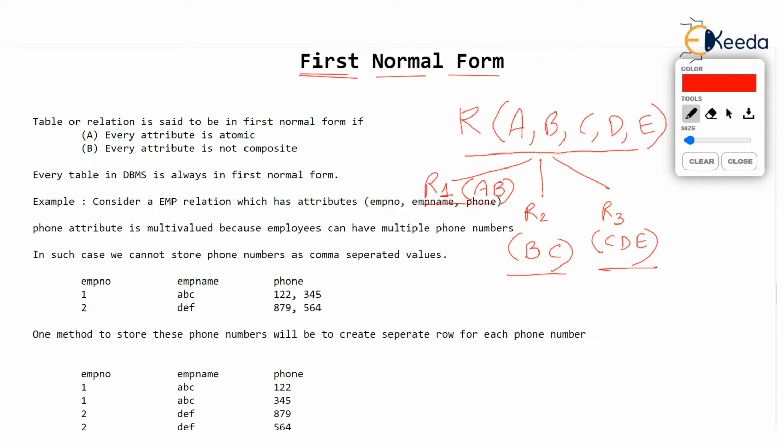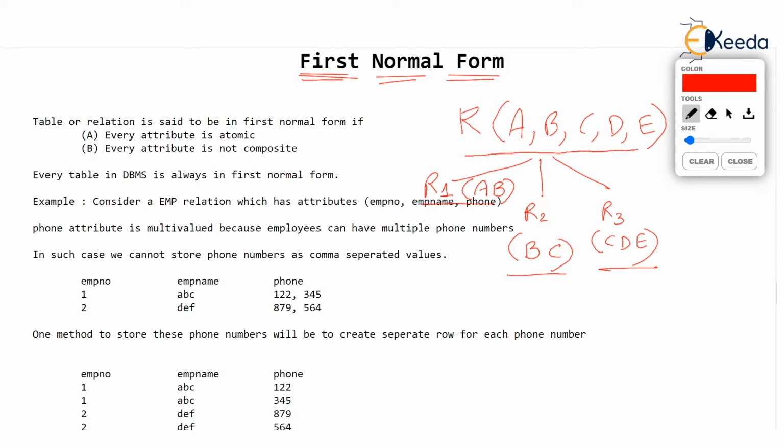We have seen in an earlier video that it is not compulsory that when you decompose the table into smaller tables, it must be dependency preserving. It need not be, but it should be lossless. The decomposition must be lossless. From this video onwards, we will see this process of decomposing the table into smaller tables. This is known as normalization. Decomposing a larger table into smaller tables is normalization. And this process will be done in the following steps.